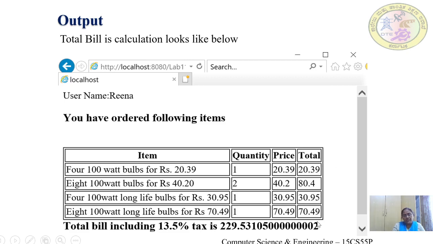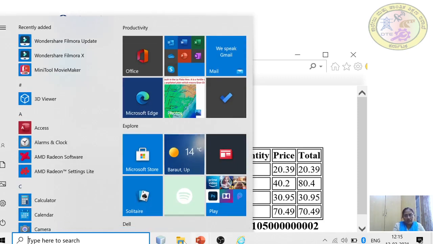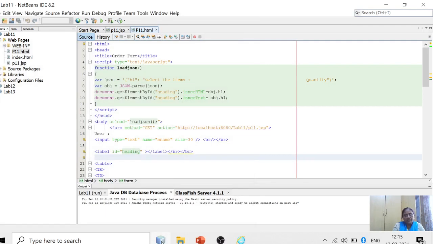To the total bill, we add 13.5%. In this example, it comes to 229 rupees. This is how your order form processing using JSP looks. Now let us see the code in NetBeans IDE for executing the same.